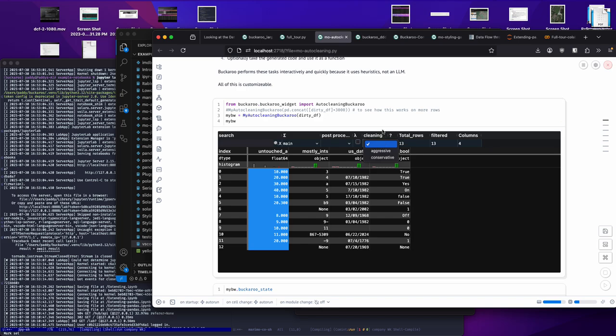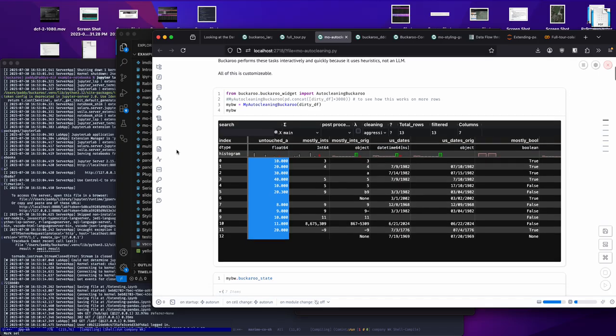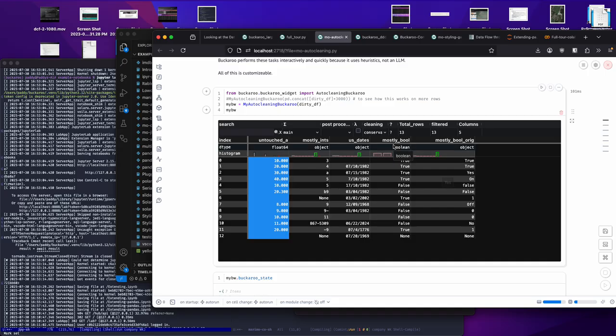So you can imagine writing a cleaning function for each one of these. And you can look at it and say, if it was probably over 90%, I'd want to apply this cleaning function or that cleaning function. And that's what auto cleaning does. So this turns on aggressive, actually I'll start with conservative. So conservative, and if we turn on the low code UI,